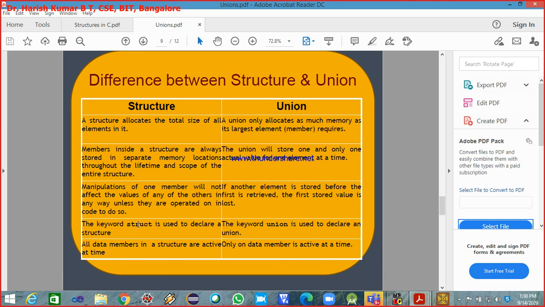What we use here is the keyword struct, and the only difference in the syntax of the union is the keyword union. All data members in a structure are active at a time, but in a union there can be only one member active at a time.